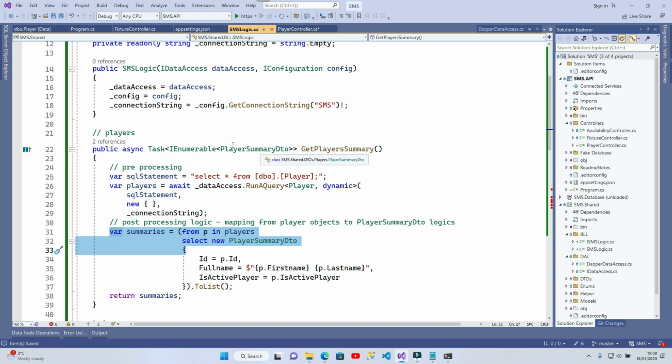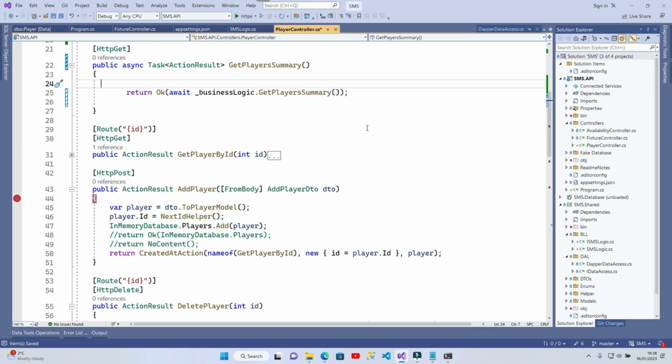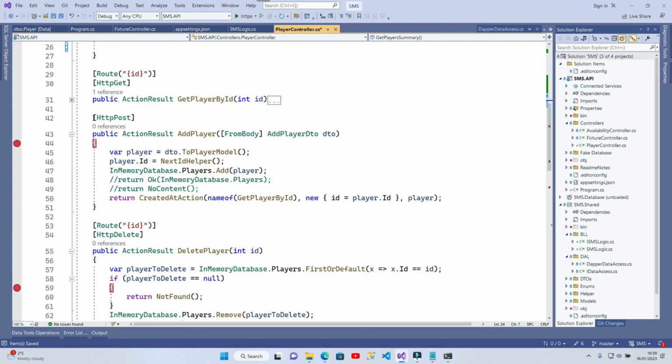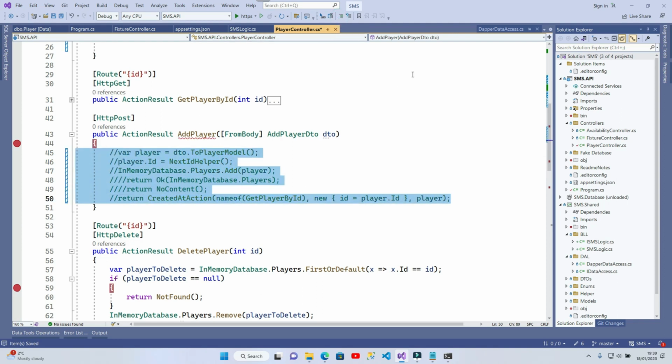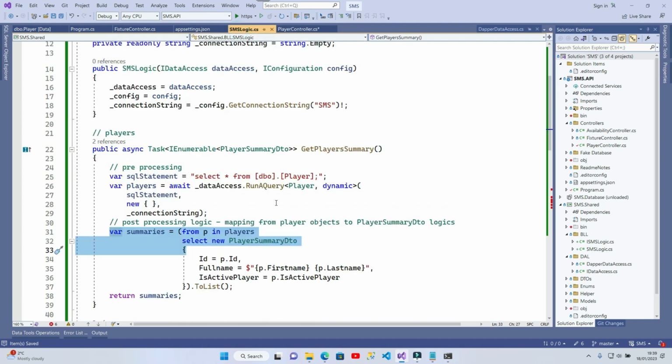I thought it'd be quite good to do another example, follows the same lines, but this time we're going to do some logic before we actually talk to the data access layer. So a good example that we can do for this, just to give you a flavour of how this works, is this endpoint in the controller where we want to actually add in a new player. So again, I'm going to comment out this code for the time being, and we're going to go into our SMS logic in our shared folder, and I've already started